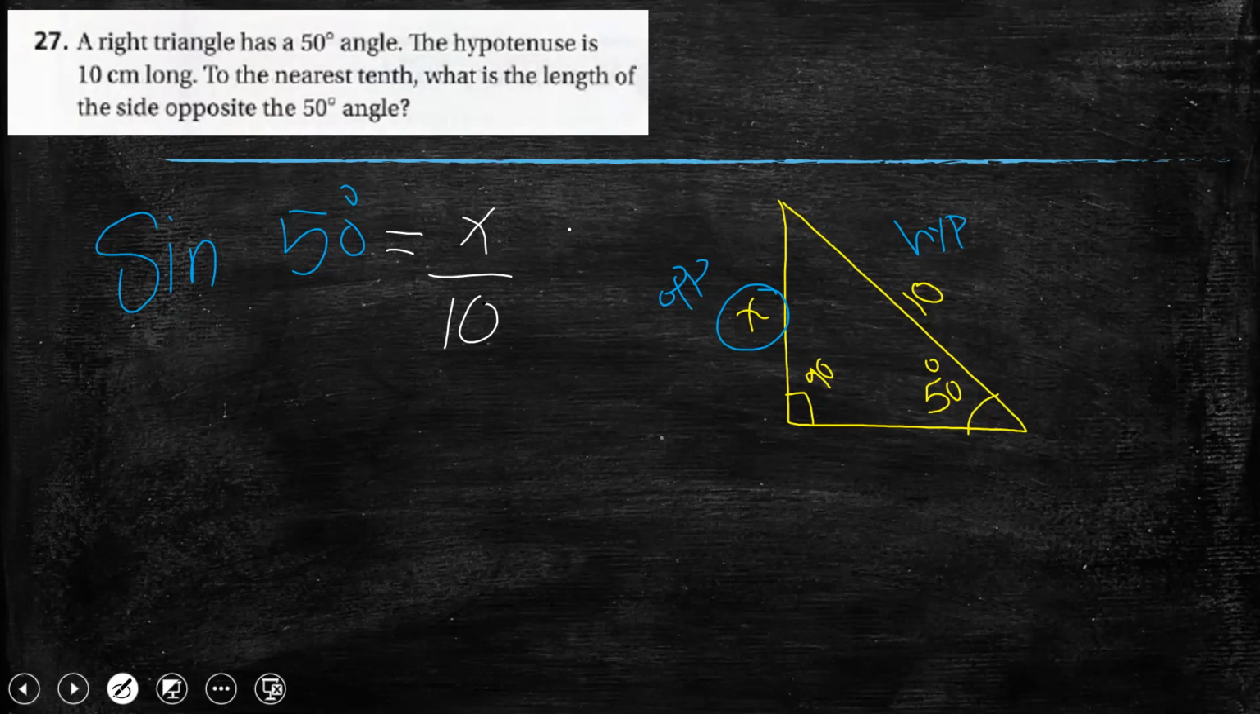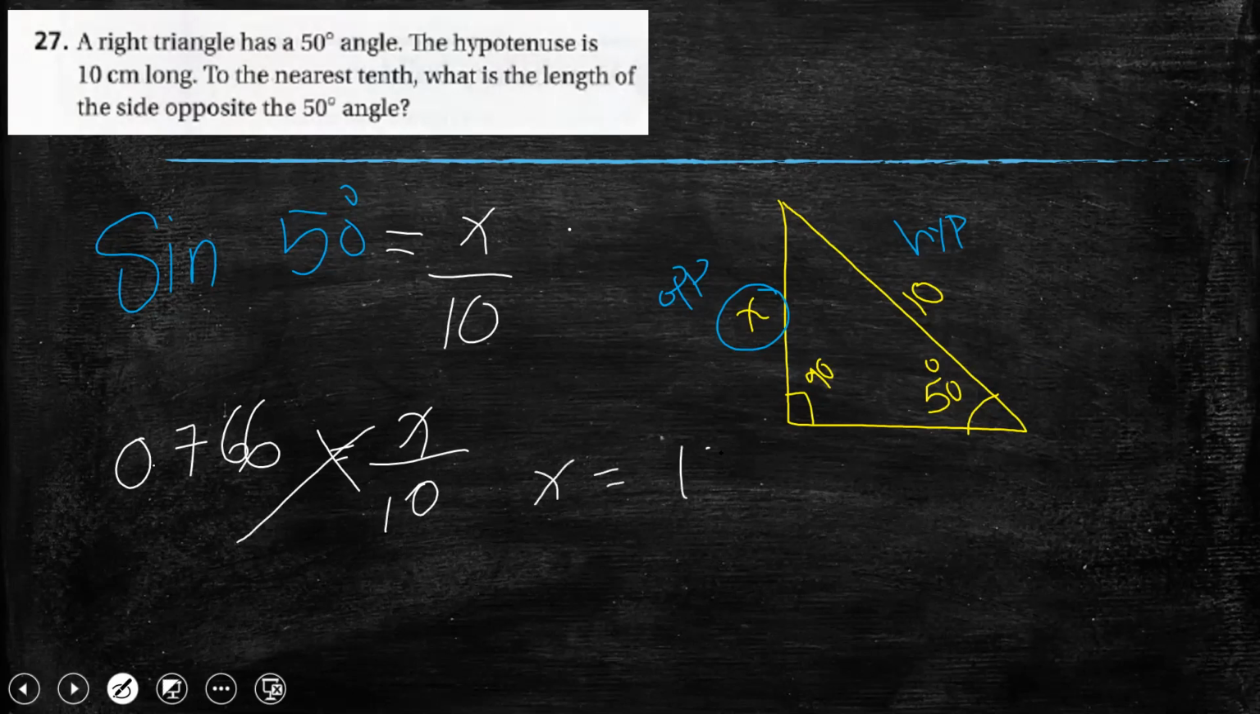It's very easy. Now, from the calculator, as I told you, sine 50 is 0.766, equal to x over 10. Then I need to find x. What do you have to do here? Cross product property. Cross product, bravo. So x will be 10 times